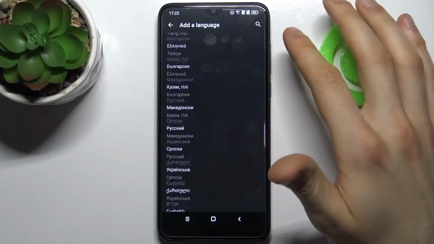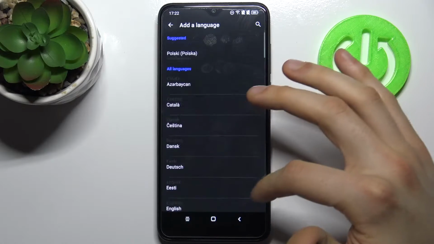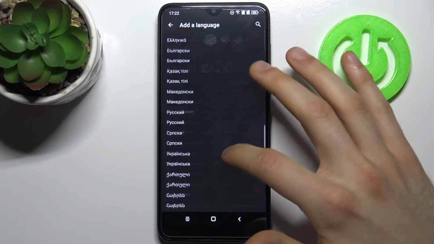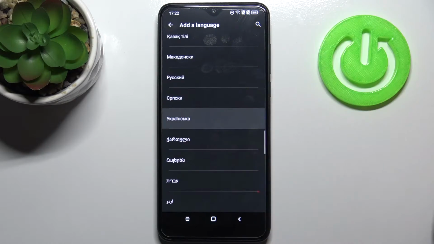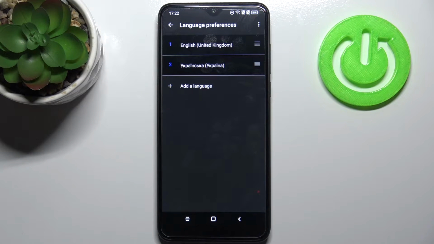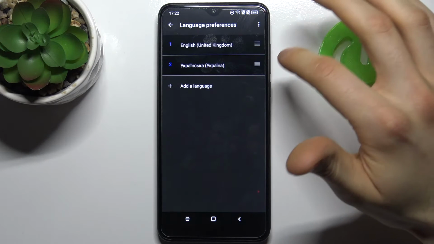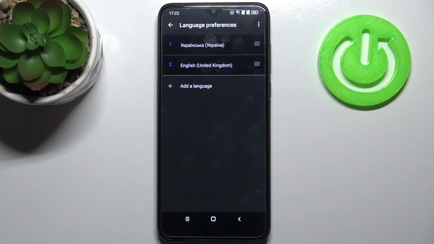Here you can see the whole list of languages in which you can set up your device. Let's pick, for example, maybe Ukrainian, and then to change your system language to Ukrainian, what you have to do is to just drag it on the first place here, and after that your language will be changed to the